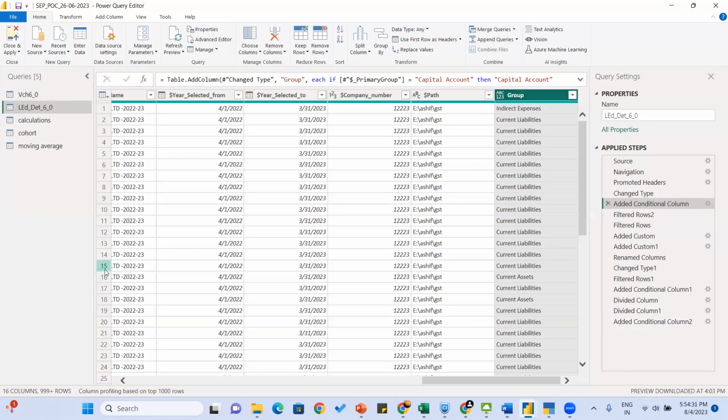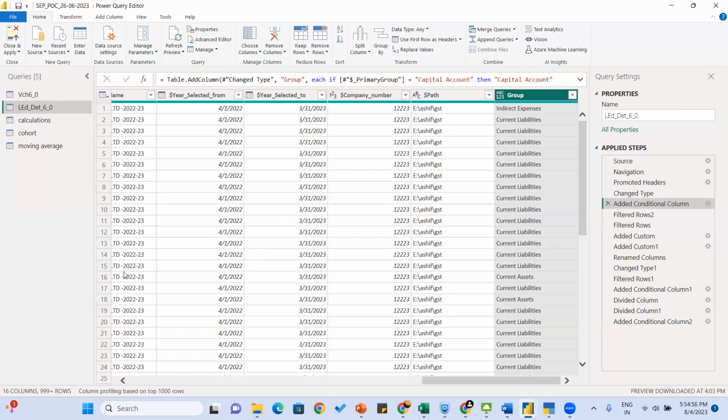So when you change path, for this ledger table, we need to go to this conditional column. Just ensure all the groups that the client is maintaining are mapped to one of the ledgers. Yes. So that is the one additional work we have to do instead of just changing the path.